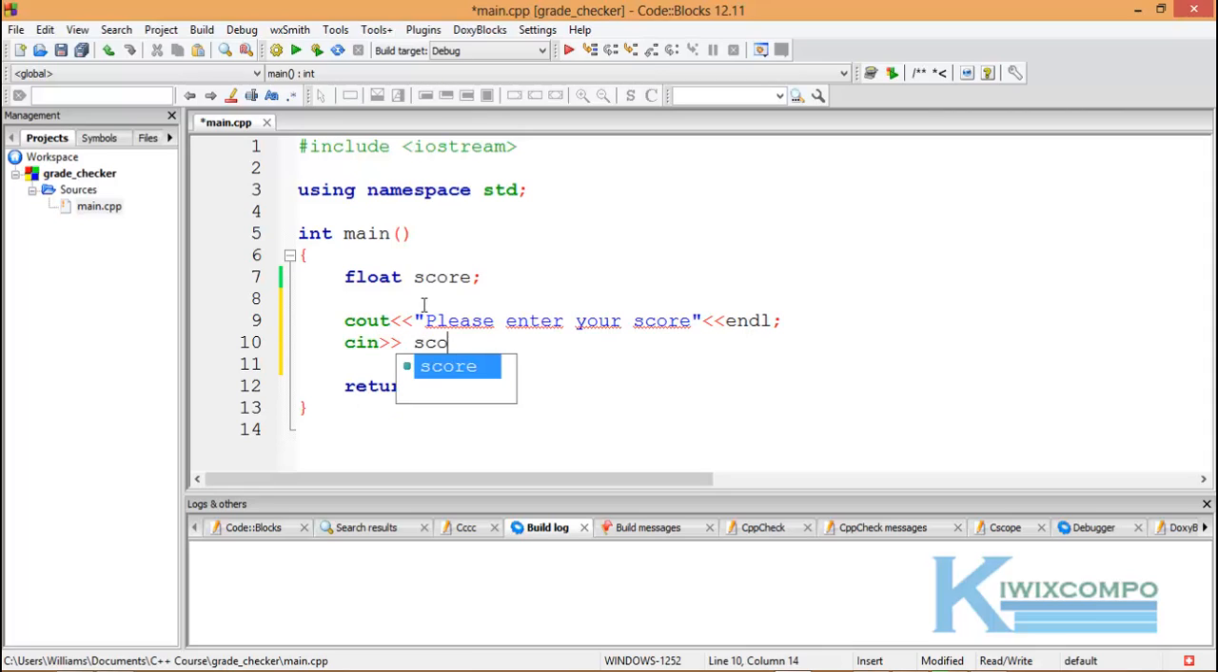And we accept the user's values. So in this case we're going to accept score. At this point, line 10, the program has accepted the user's score, and whatever the user enters would be stored as it is in score. So now we're going to work on score. We're going to do our conditions, like if